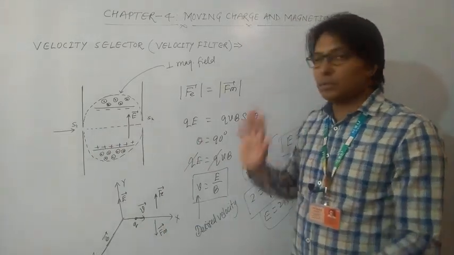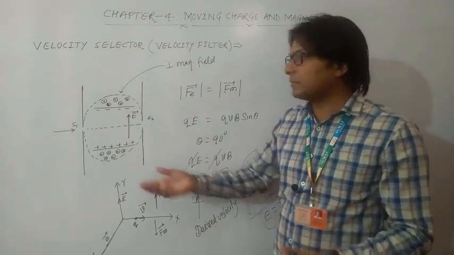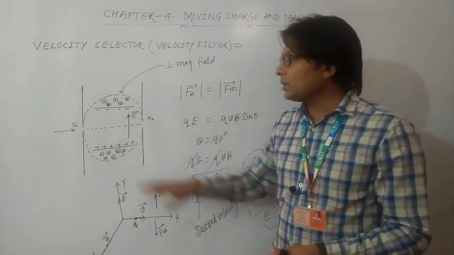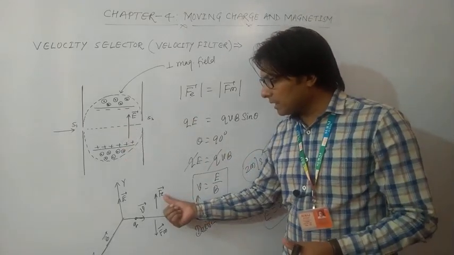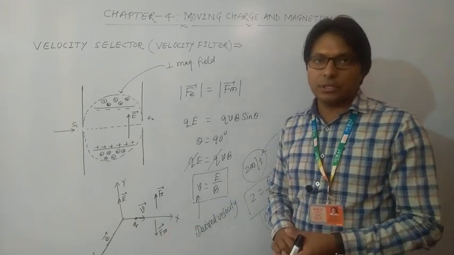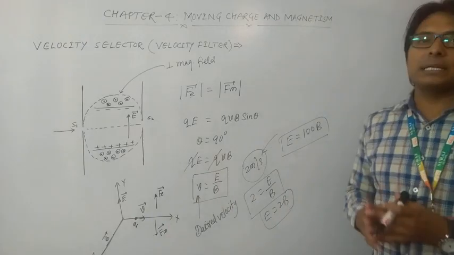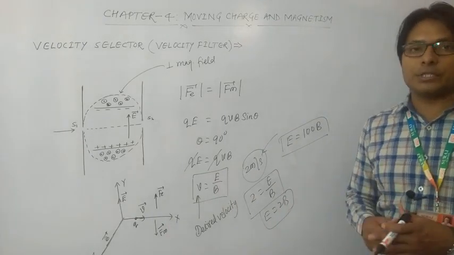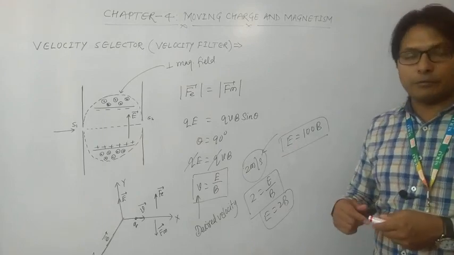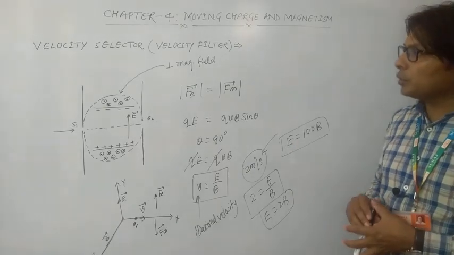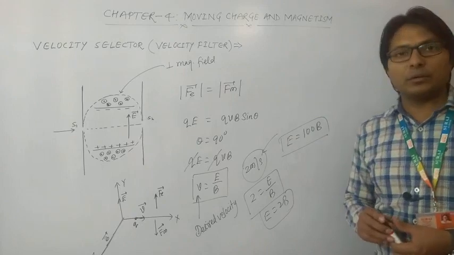And if this condition is not satisfied for other charged particles, these charged particles will be deflected either towards the negative plate or towards the positive plate, depending upon the values of electric force and magnetic force. So this is how the velocity selector is useful in selecting the charged particle of desired velocity out of many charged particles having different velocities. So I hope you have understood this topic,